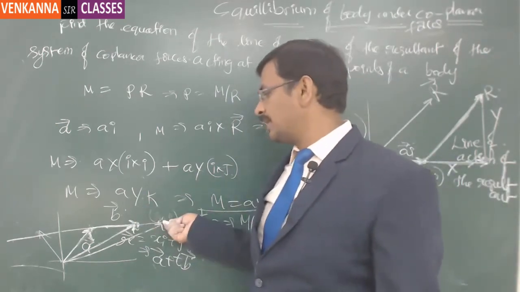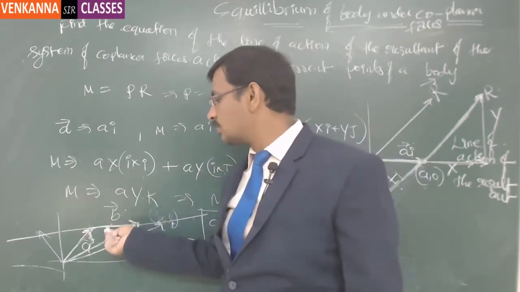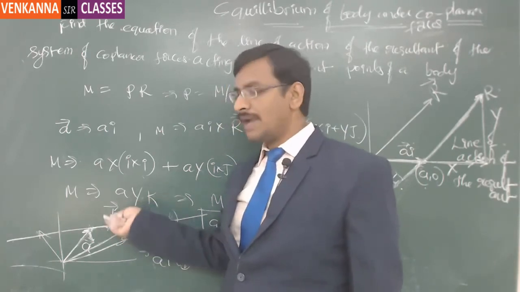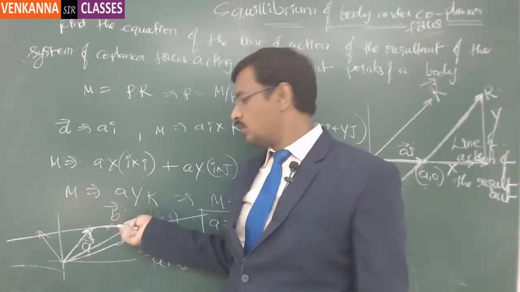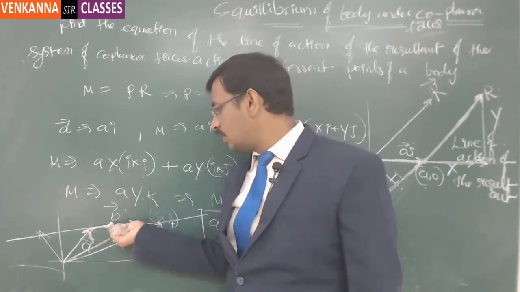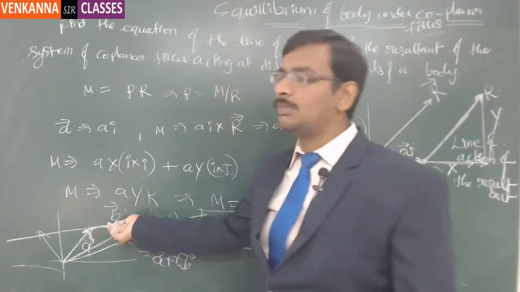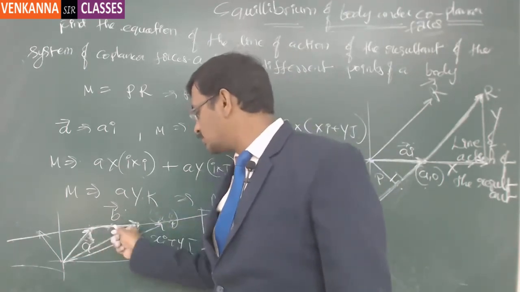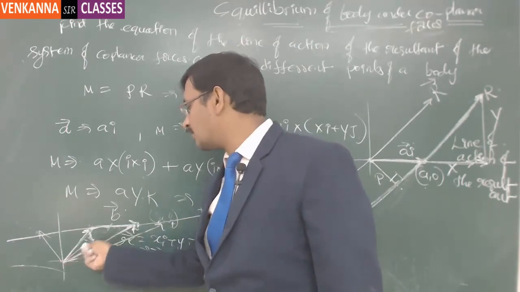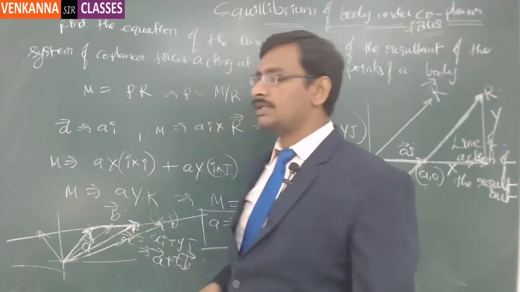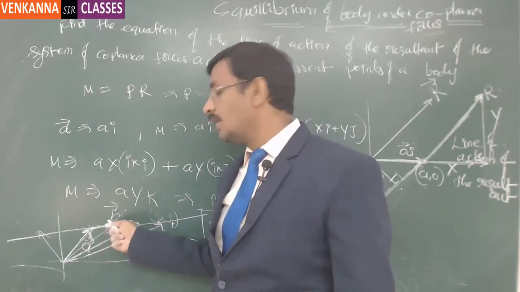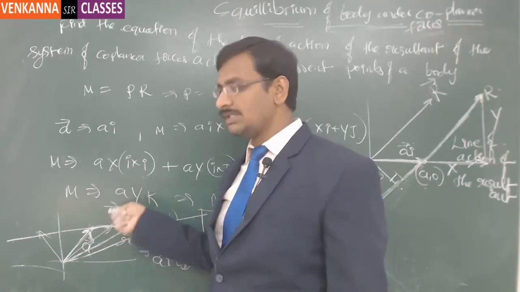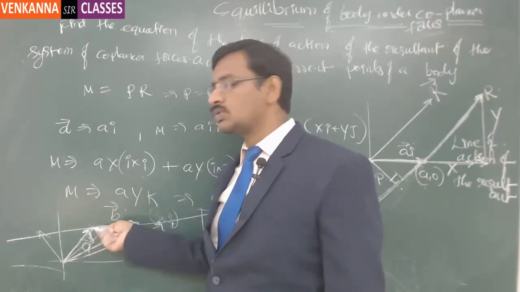Now if I want to identify a point at this location, I will be multiplying the b vector with a magnitude which is in between 0 and 1, so that I can get a value of the vector till this particular point, because I have multiplied with let us say 0.6. And then this vector plus this vector together will be as per the triangular law of vector addition. This will be the resultant vector. So this resultant vector will give the point location of this particular point. If I multiply b with t, which is equal to 0.6, and add this to a, so a plus 0.6b